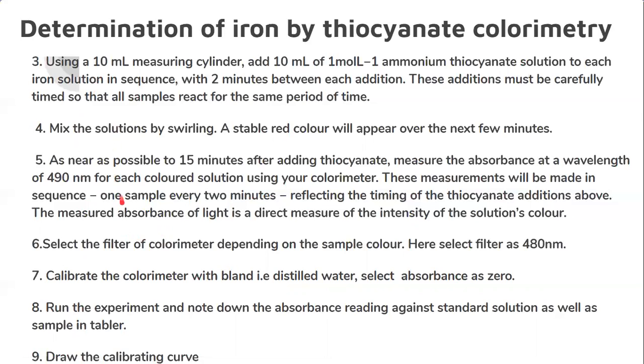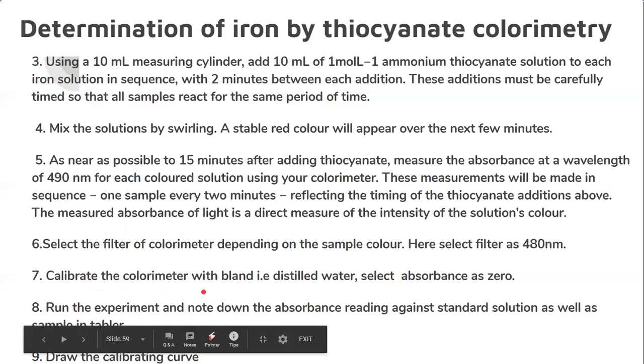First, the various concentrated solutions should be prepared, and then we need to switch on the instrument and leave it for 10 minutes. After that, the third step is selecting the filter, and the fourth step is the calibration. For calibration, we place the distilled water in the cuvette chamber, and then set the absorbance to 0. Why? Because our solvent should not absorb any light radiation, only the analyte should. And then run the experiment.